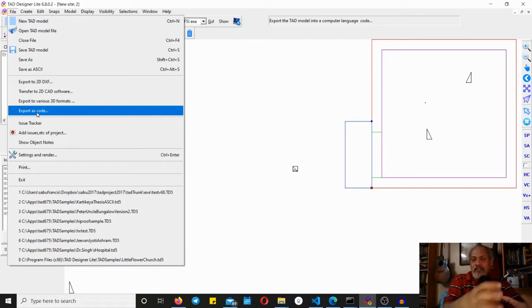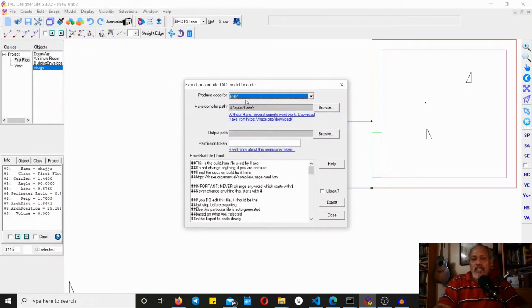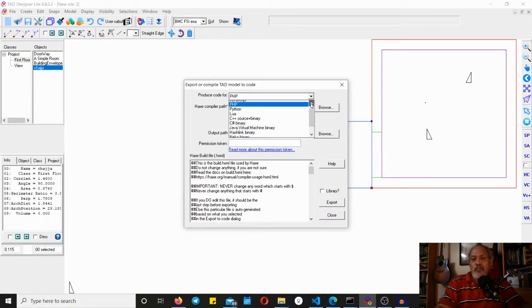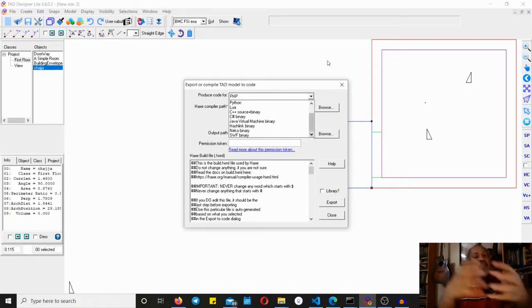Here, this export as code, let me click that, you can export it to any of these languages which you see here. You can export it to something called Haxe or JavaScript or PHP or Python or Lua. Imagine this: instead of having a data file which another software developer has to then work on, this gives the data embedded inside the computer language which that software developer may want to use. Now just hold your opinion for a moment and I'll explain to you the fineness behind this.